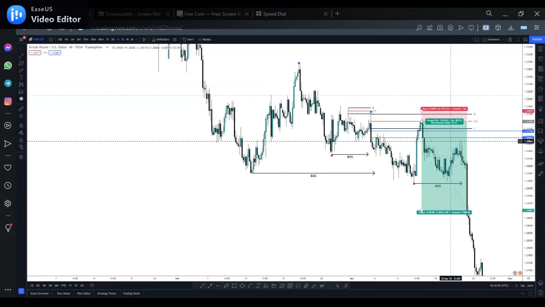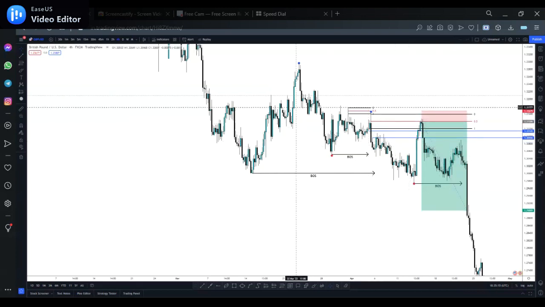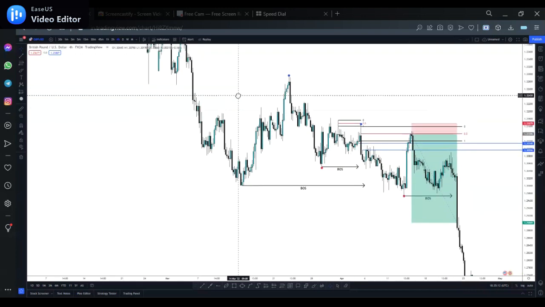So with that, I'm going to be presenting to you guys the video as promised about order blocks. And as I said earlier in the Telegram channel, it's going to be a three episode section. All right. So this first section is going to be about order blocks, the difference between hidden order blocks and